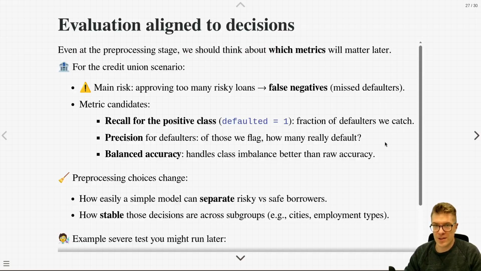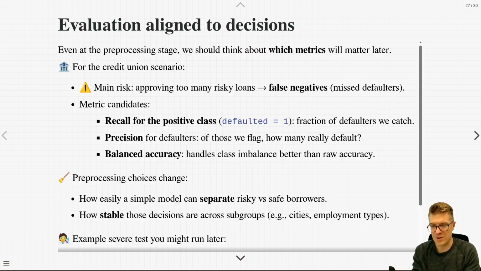Even when we're doing pre-processing, we need to think about what metrics are going to matter later. Okay, so for the credit union scenario, there's a couple of risks. The main risk for us is going to be approving too many risky loans. Okay, there's too many false negatives. We think someone is safe, but they're not. So they're going to default, and then we're going to basically be throwing money away and never going to see